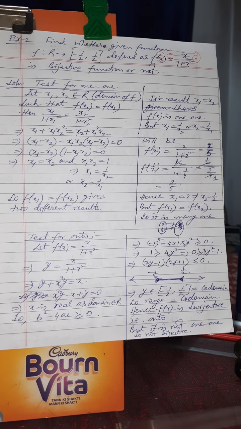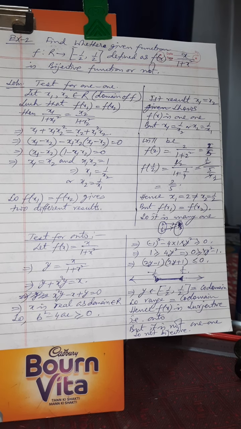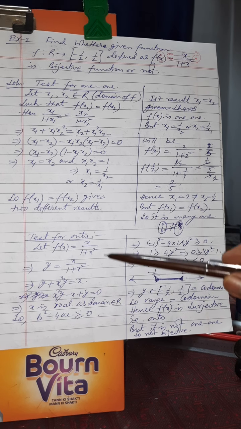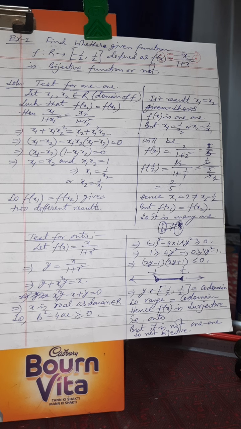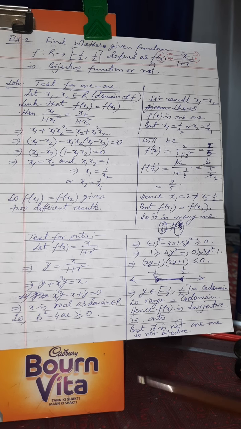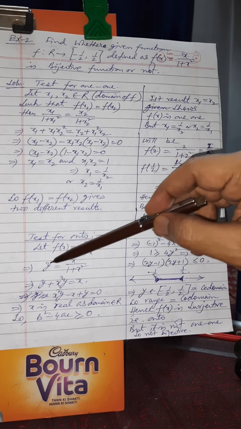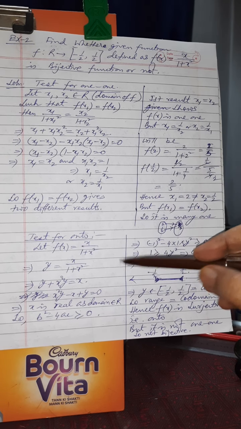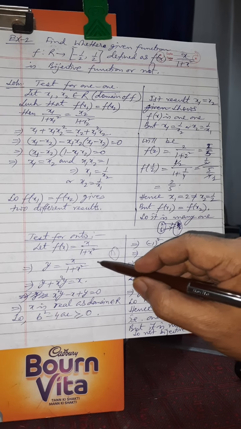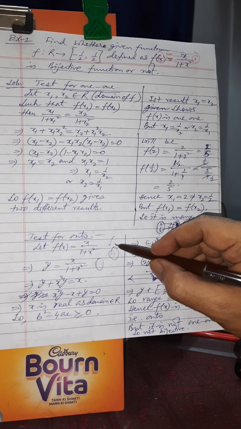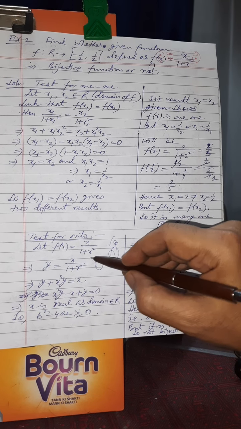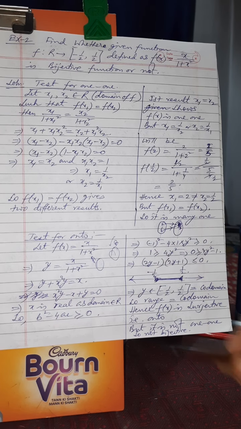Now let us come to the test for onto function. In order to find whether it is onto or not, simply we have to find out whether the range is equal to the codomain or not. For that, what we have done is we have taken f(x) as y. This y is nothing but an element of the second set, this one. Y is over here, that is, B was containing all the values of y, and this A is having the values of x.